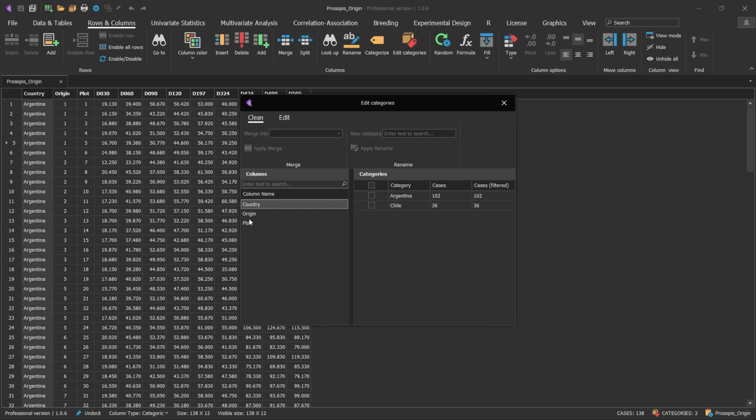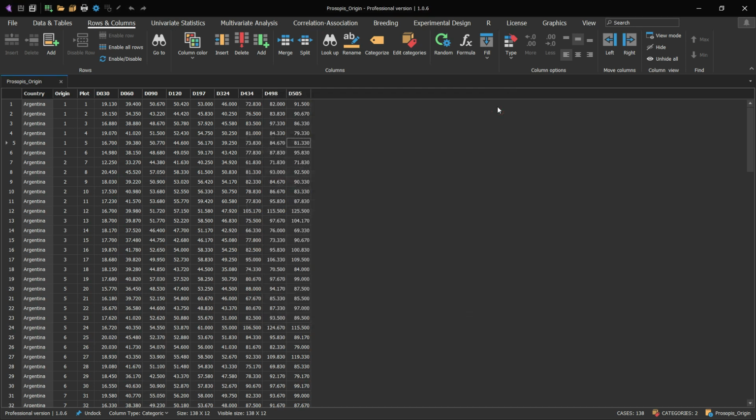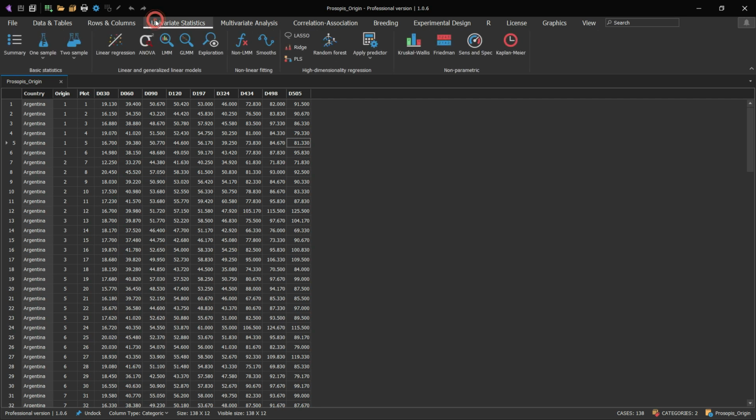If we choose in the dialog the column Origin, we can see that there are 23 origins with 6 cases each. We want to make two summary tables, one per country and another for origin. A summary statistic table calculates common statistics like the mean, the standard deviation, the minimum, the maximum, percentiles, and much more. To obtain the first table, go to the Univariate Statistics tab and press the first button on the left,